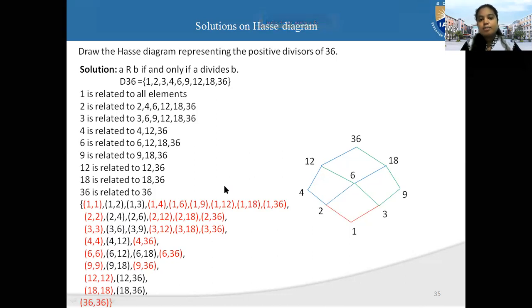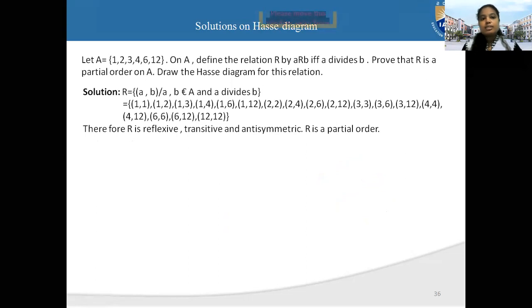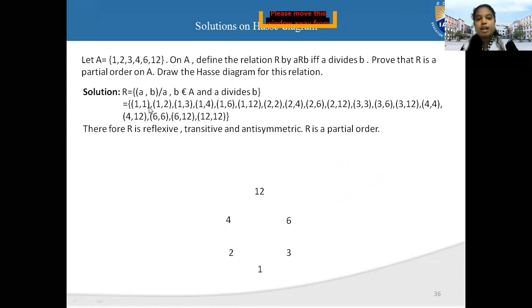And one more example is nothing but here. You have to observe. This is one more example. And based on the example, you have to check whether it is coset or not. After that, you have to put the elements and dots for those elements. And next, you have to draw the remaining relations, meaning except the reflexive and transitive relations. You have to draw the diagram. Here, you have to find out what are the transitive relations and what are the reflexive relations.